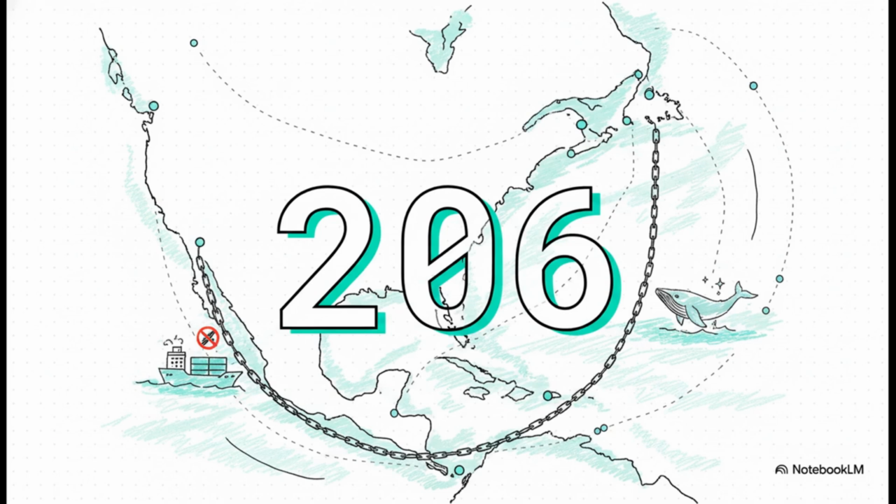206. That is the staggering number of exact latitudinal and longitudinal points connecting just the Atlantic and Gulf coasts to form this massive North American fortress. I mean, think about that for a second. Maritime law doesn't just broadly say, hey, stay away from the coast. It meticulously plots out 206 individual points in the ocean, connecting them dot to dot to form an unbroken, invisible